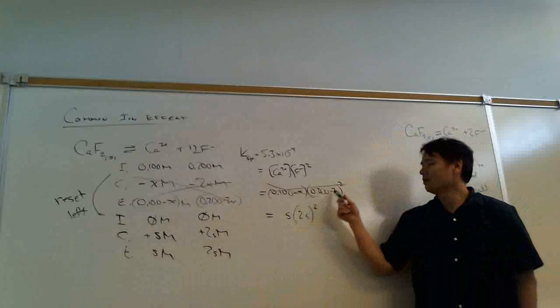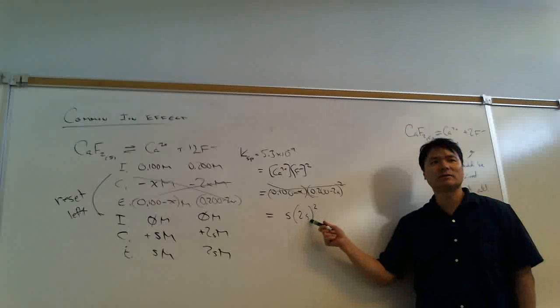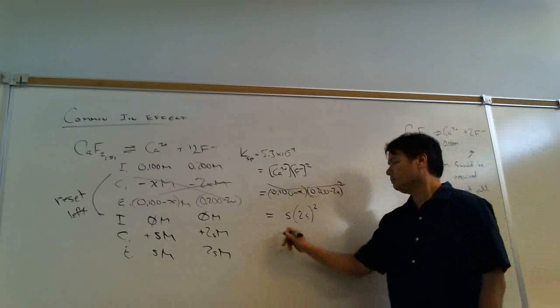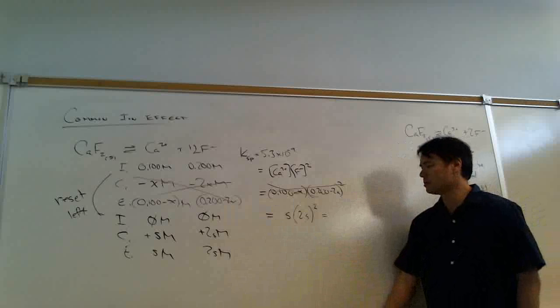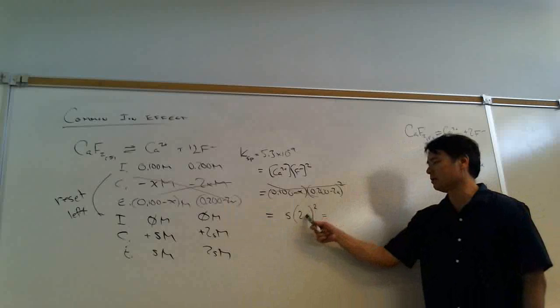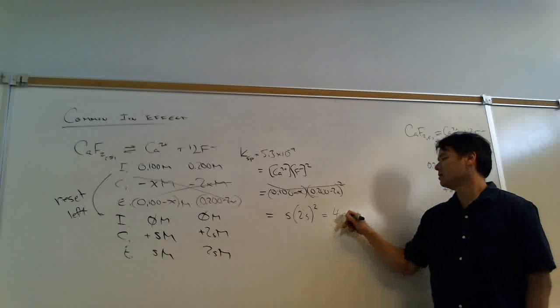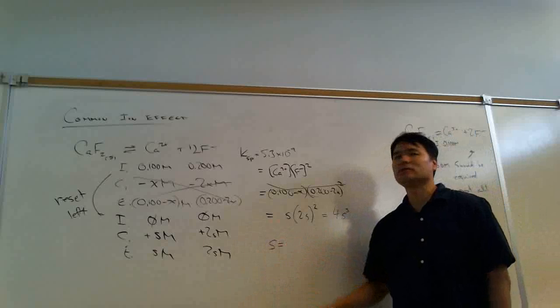Which is easier, solving a cubic or resetting it and solving this? Resetting it and solving this is way easier, wouldn't you agree? I don't know if there are any people who still refuse to reset. Anyway, this is going to equal 4s cubed, which means that s is equal to